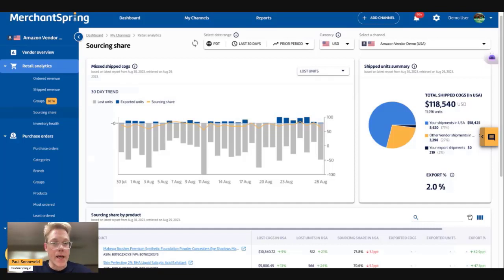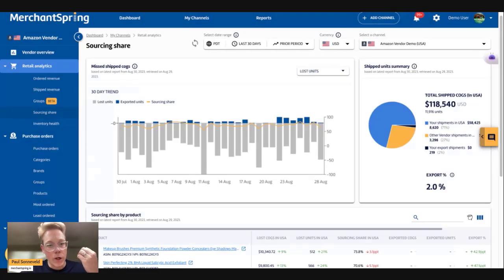But what happens is Amazon would also use your inventory in a particular country to perhaps fulfill orders in another country. So for example, and I've seen a couple of examples here, Amazon may receive an order in Mexico and may decide to fulfill that order with inventory from your vendor account in the United States. In that case, that unit will still show up as ship revenue or ship COGS under the sourcing view, but it will not be included in the manufacturing view for the United States. In fact, if you had access to the Mexican view, you would see it show up there. So those are the two different things that are happening there.